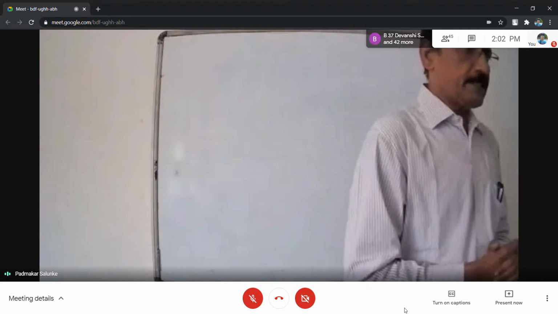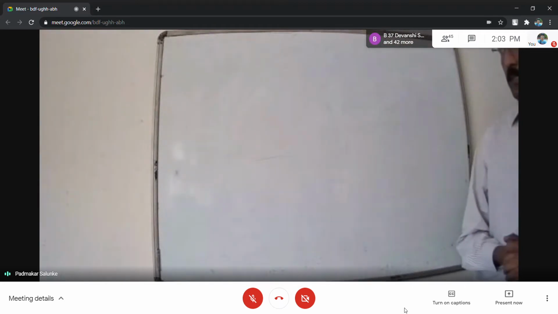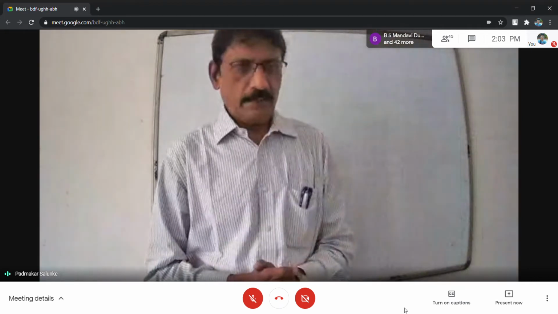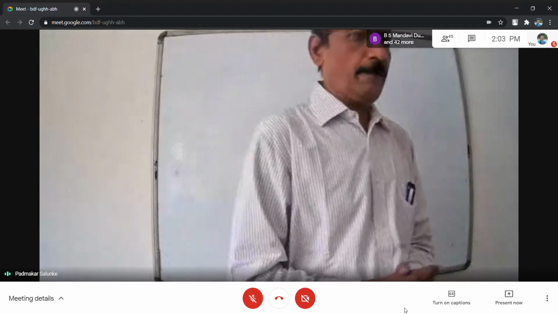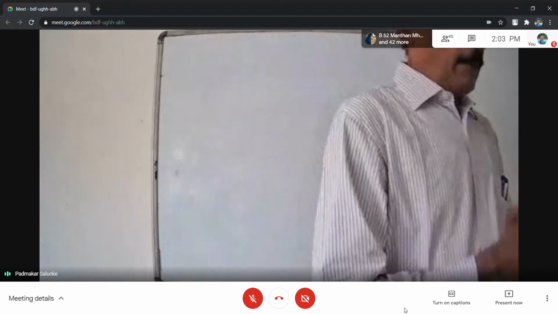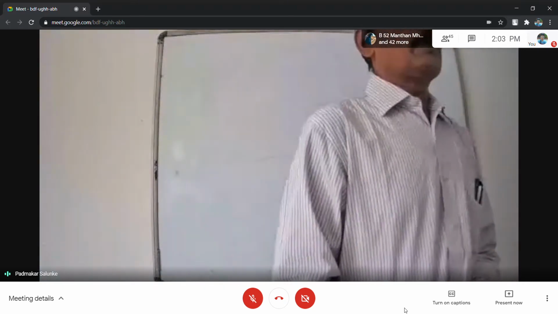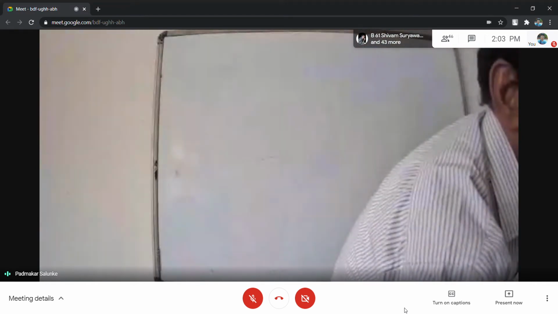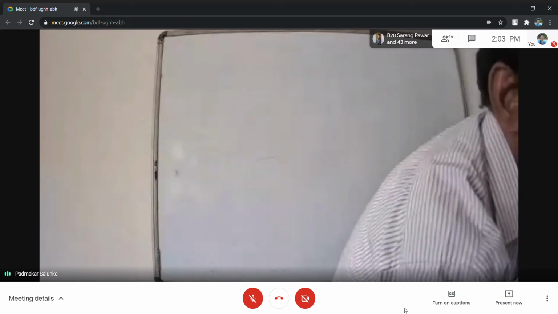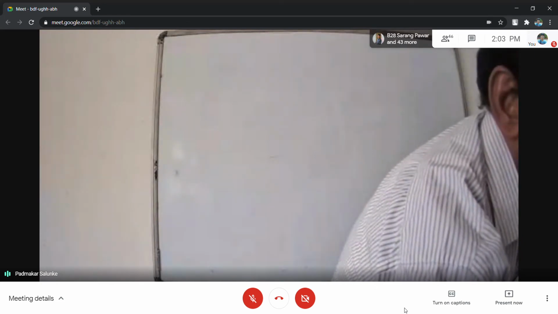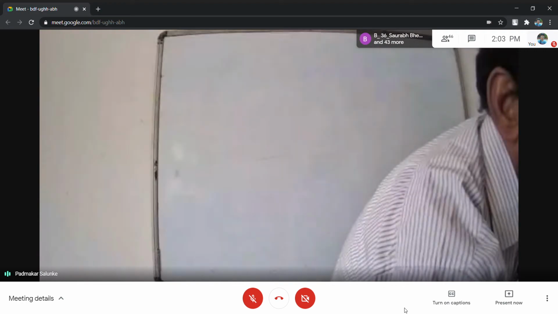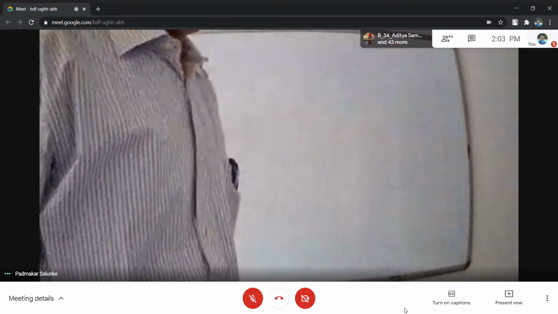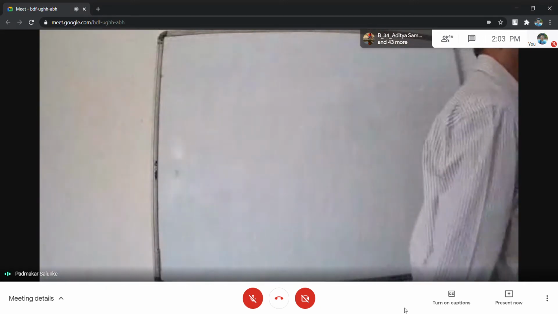Similarly, the next step is to check the algebraic sum of component forces along the y-axis. Here also, you perform the same activity. If a force is upward, consider it positive, and downward, consider it negative. If the overall answer is positive, it indicates that the y component is upward, and if it is minus, it indicates that the y component is downward. It's so simple.